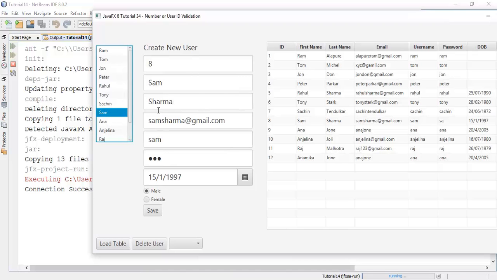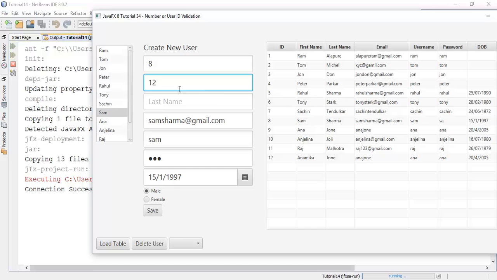Whenever we save any user, there is no restriction on the fields that it must be a character. Whenever we save any name, it may take anything up to this tutorial.